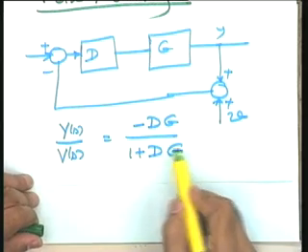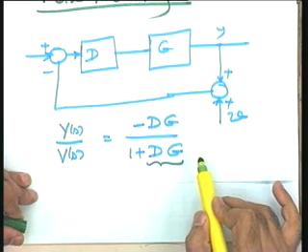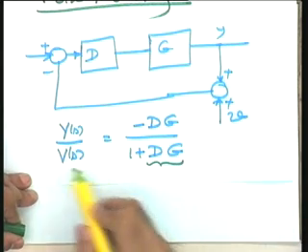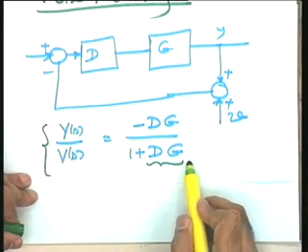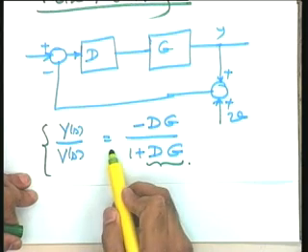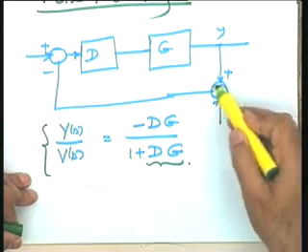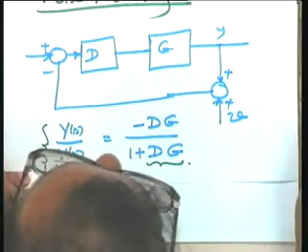Now in this particular case the loop gain is dg. You increase the loop gain. To increase the loop gain for sensitivity reduction or disturbance rejection is increasing your noise problems. You can just see that when you increase the loop gain, Ys by Vs is nearly equal to minus 1, and hence whatever is the noise signal over here, it is directly getting injected into the loop. So it means when you try to improve the performance in terms of disturbance rejection and sensitivity reduction, you are increasing the problems in terms of noise effect.